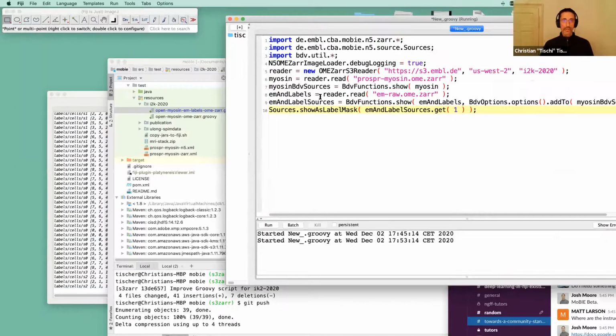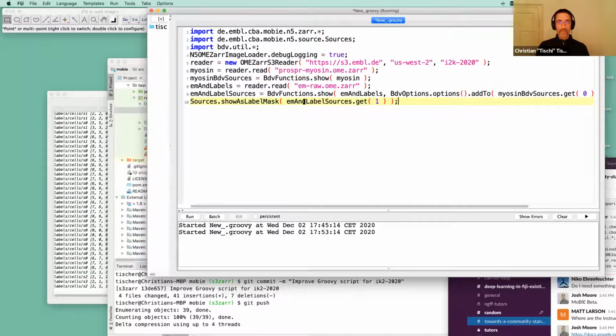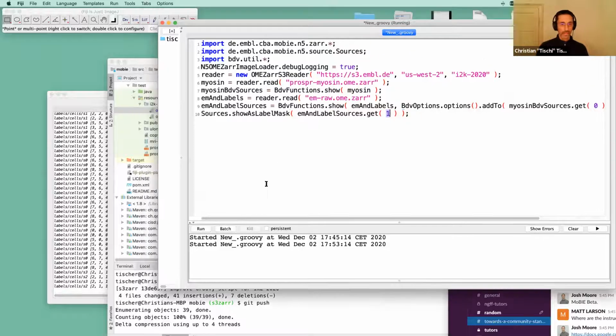So what this line of code is doing, so these are two images. So image 0 and image 1. Image 0 is the EM and image 1 is the label mask. So it's grabbing the second one, the label source, and does some stuff to it so that it's properly shown as a label mask. Okay, so if I run this now,